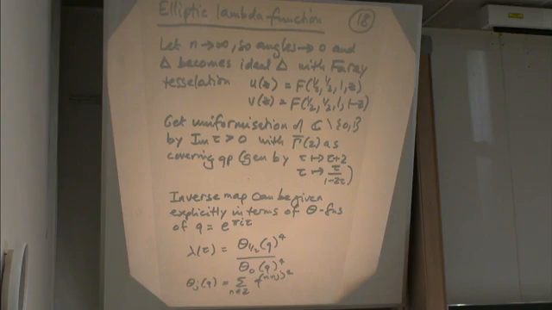So if we let n go to infinity, so the angles go to 0, then we end up with a triangle which is an ideal triangle. So on the unit disk, the isosceles triangle with all the angles 0, but with the vertices on the unit circle. And then that well-known tessellation.